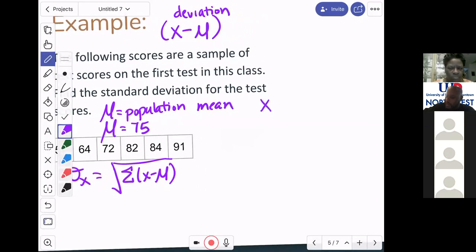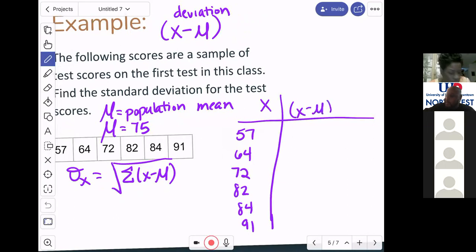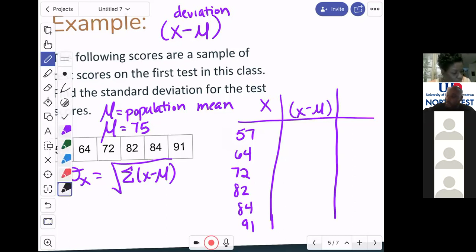I'll write it out. I'll make a table real quick. So here are your x's. You have 57, 64, 72, 82, 84, and 91. And then we calculated the x minus mu part, the deviations. So if I want to find the deviations of each one of these things,